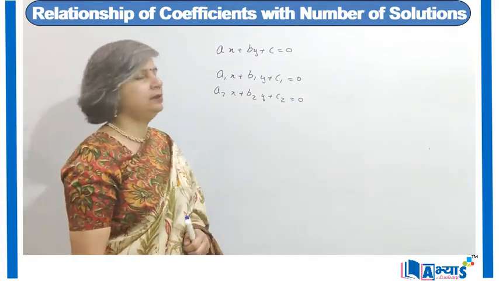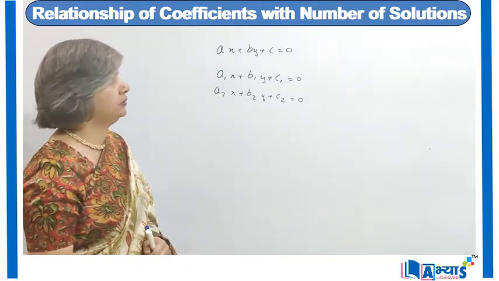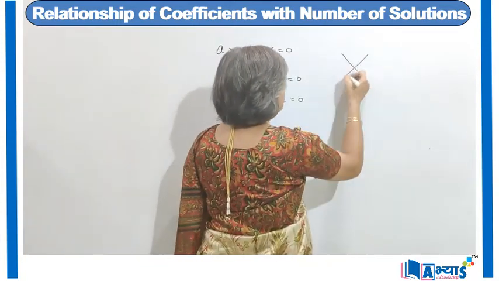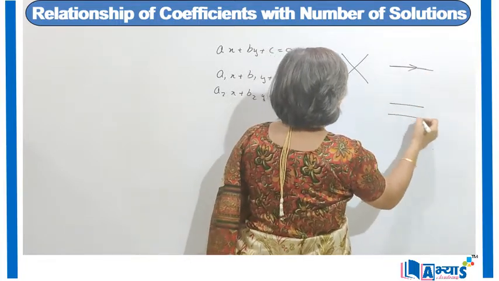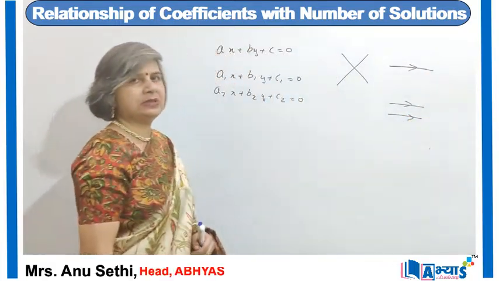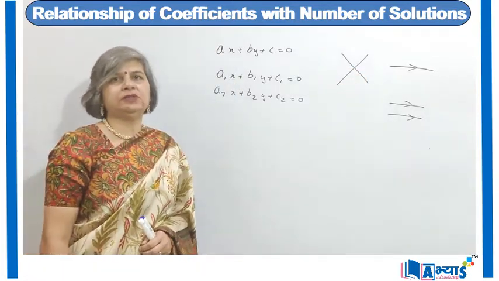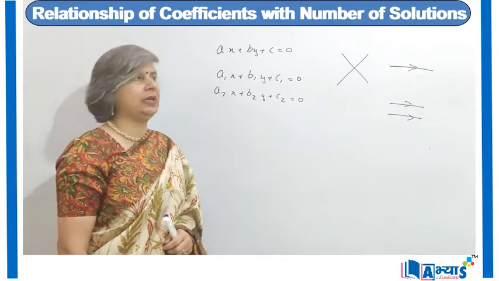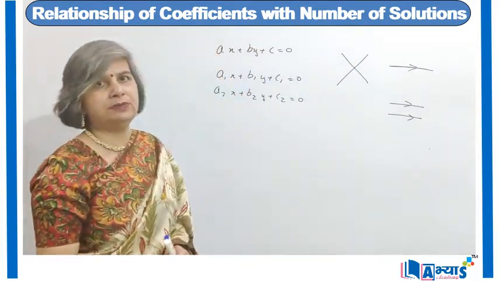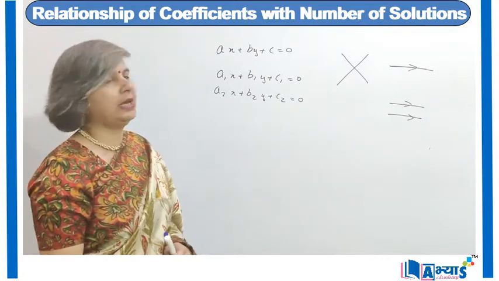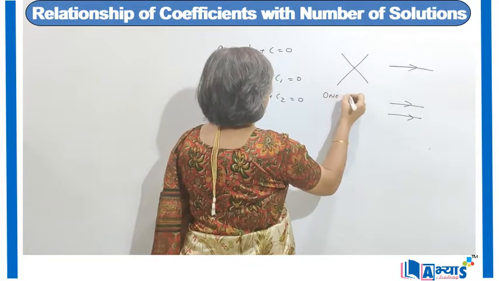And if we want to find the number of solutions the equation can have, let us first see the situations the lines can be. The two lines can be intersecting each other, two lines can be overlapping each other, or two lines can be parallel to each other. So if the two lines intersect with each other, the solution of a pair of linear equations is basically that point which lies on both the lines. When the lines intersect, the point at which they intersect is the solution of the equation, because this point lies on both the equations. So we can say it will have only one solution.